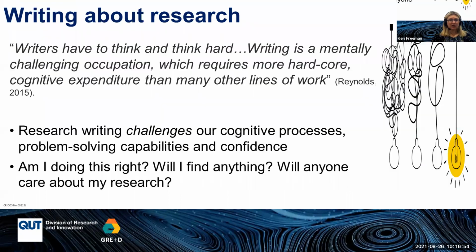All right, moving on. So when we think about writing about research, yes, we know reading and writing, they're basic skills, of course, but when we write about research, it's much more complex because it requires another level of writing altogether. There's a lot of hard work. We're developing our skills. So yes, it can be challenging, but if we're confident and we can improve our skills, then we're going to be able to overcome that challenge, aren't we?